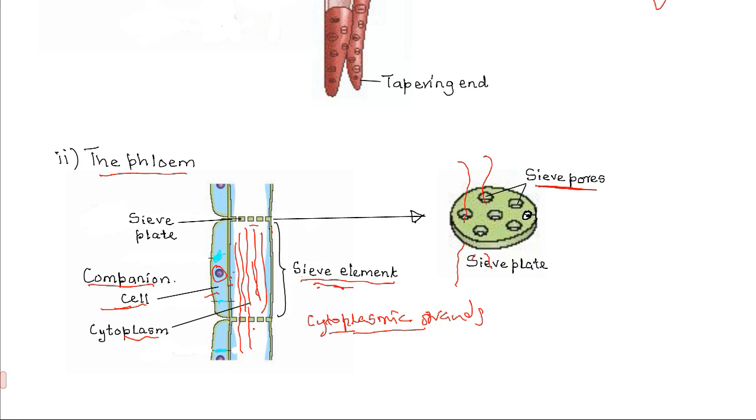So basically, companion cell controls the translocation function of the sieve element, and it also provides energy that is used in translocation, because translocation is an energy consuming process. The sieve element does not have enough mitochondria on its own, since it is mainly filled with cytoplasmic strands. So it relies on the companion cell to provide it with energy for the process of